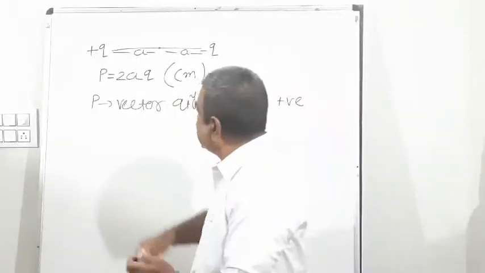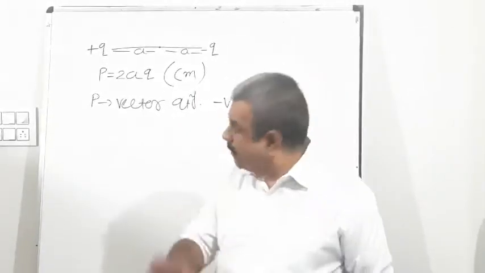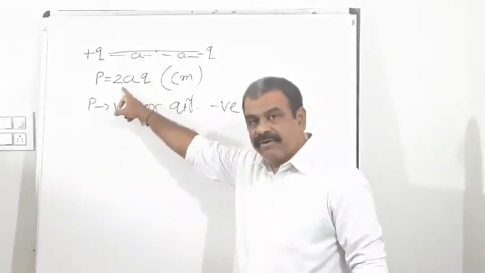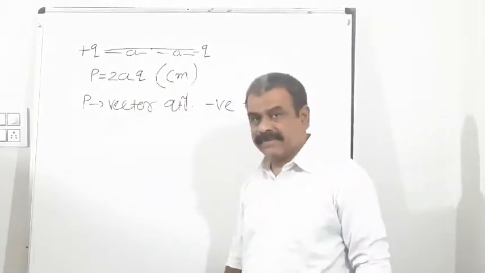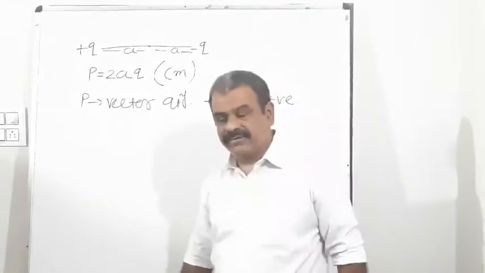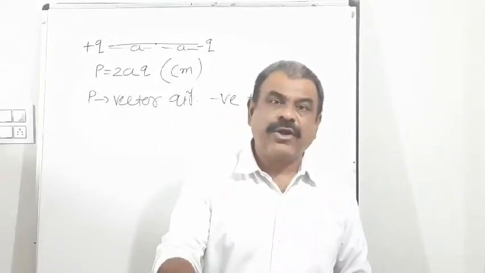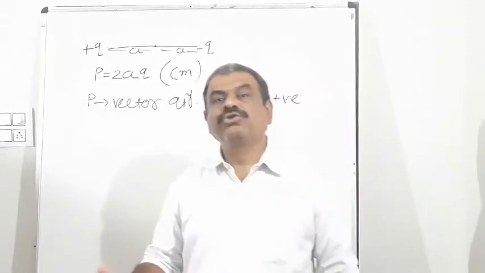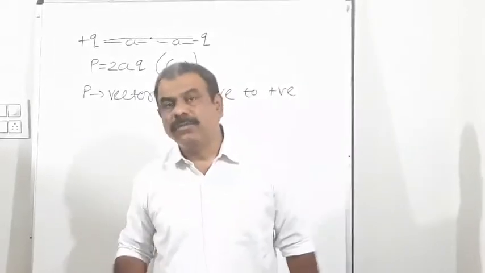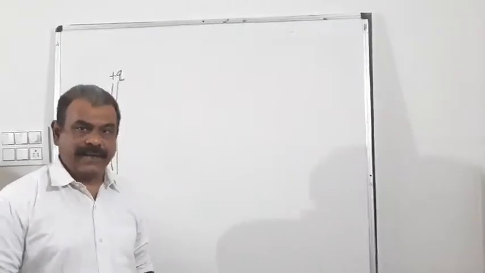What I said, it is an arrangement of two equal and opposite charges, so the net charge is 0. At the same time, the dipole moment is the product of 2A, that is the distance between two charges, into Q, that is the value of any one charge. It is a vector quantity directed from negative charge to positive charge. Now we'll go through the electric field intensity on the axial as well as the equatorial line of an electric dipole. First of all, I'll go through what axial line and what equatorial line stand for, then the electric field intensity at both points. Yes, we'll start with the electric field intensity on the axial line of a dipole.